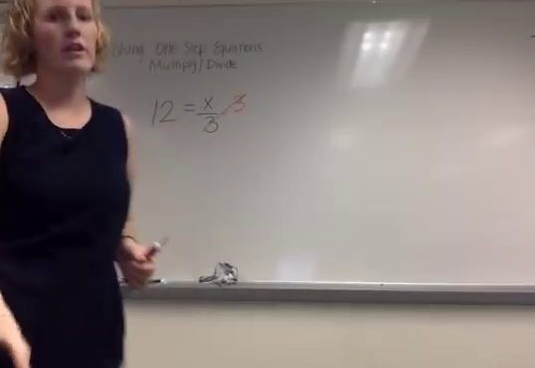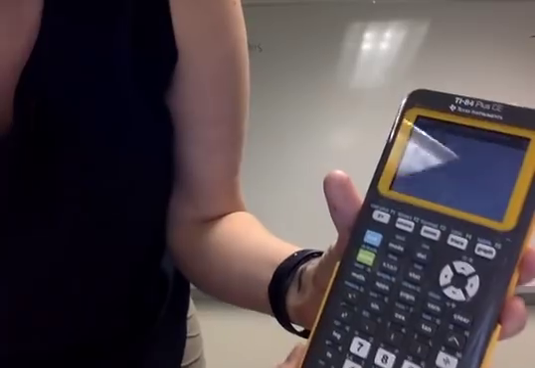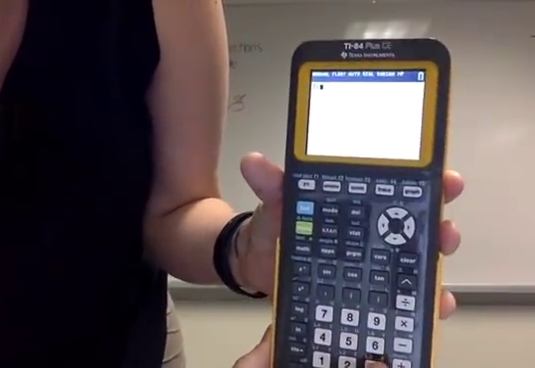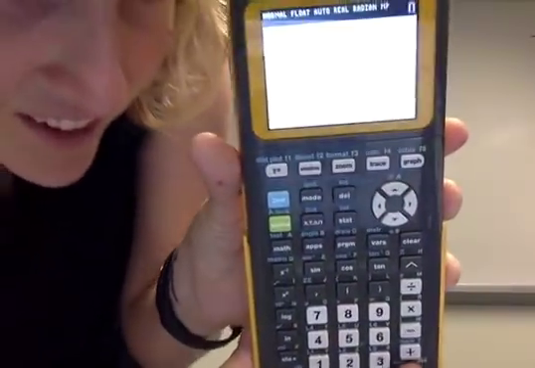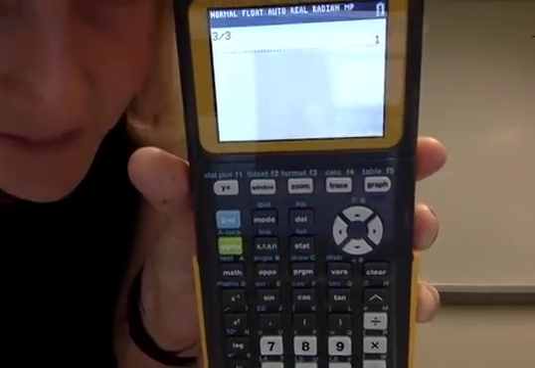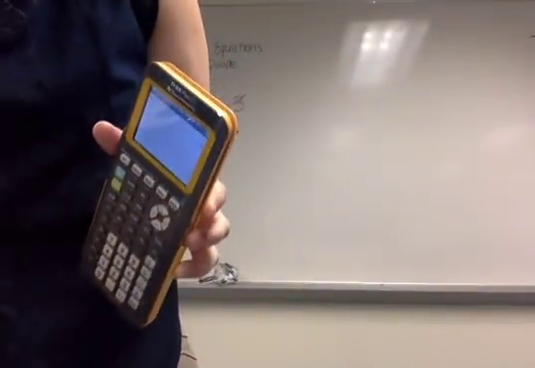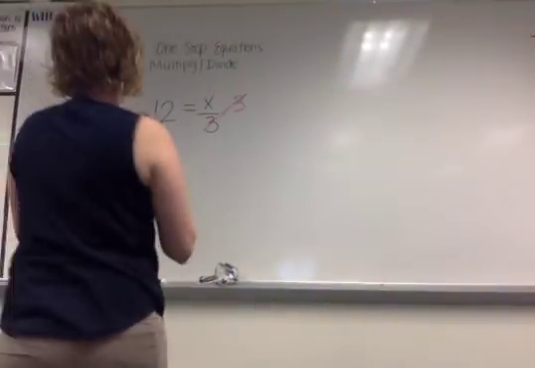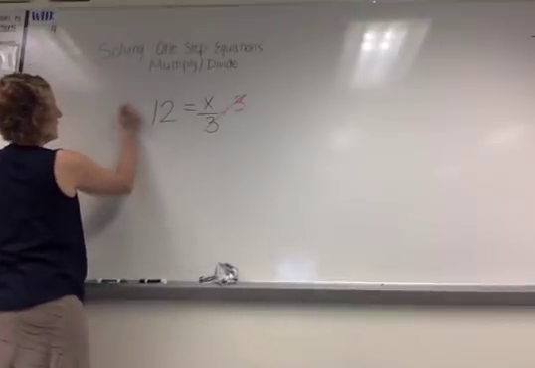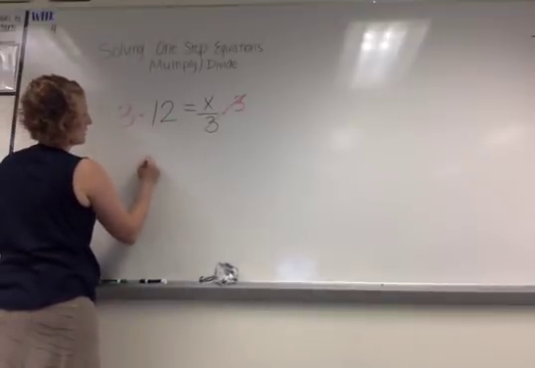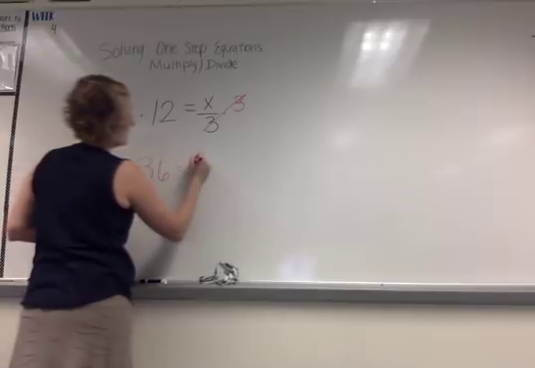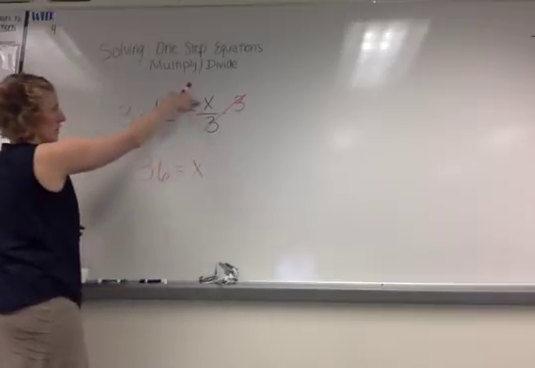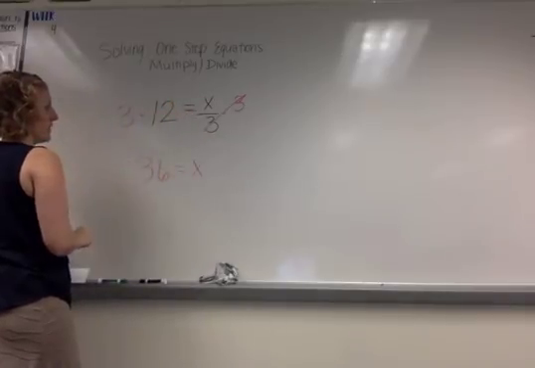Type that in your calculator, 3 divided by 3 is 1. Okay. So multiply this side by 3. 12 times 3 is 36 equals x. 36 divided by 3, yep, that's